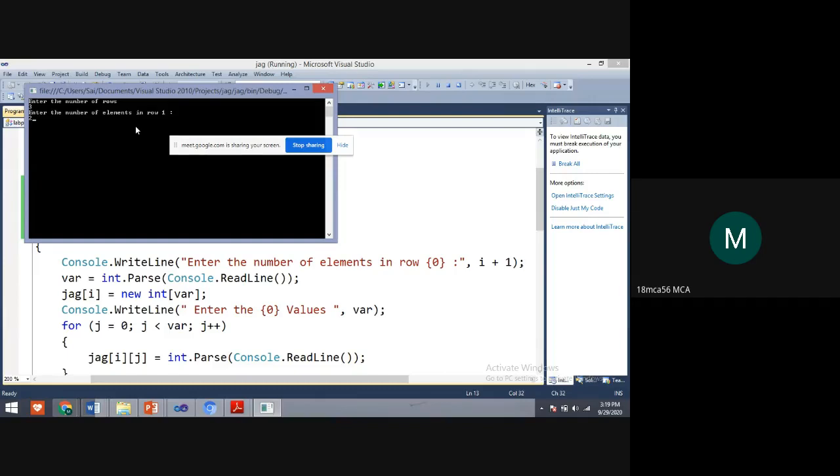Understanding? Yes students, please respond. The loop should repeat 2 times, until this condition becomes false. This is the inner loop value.